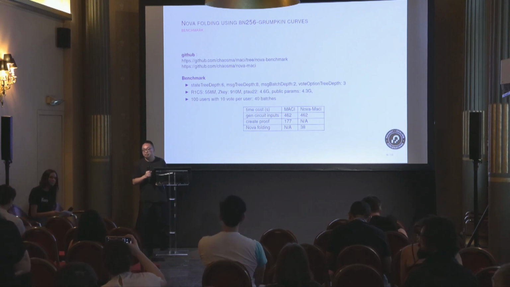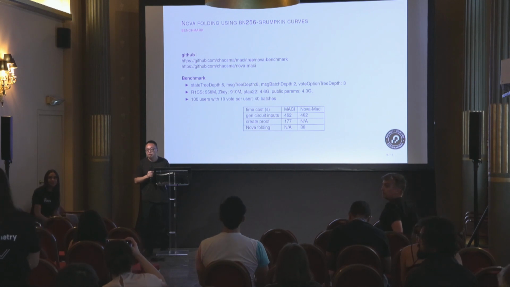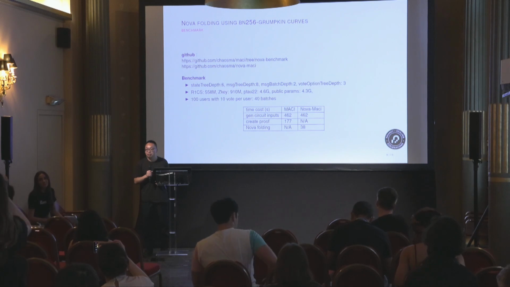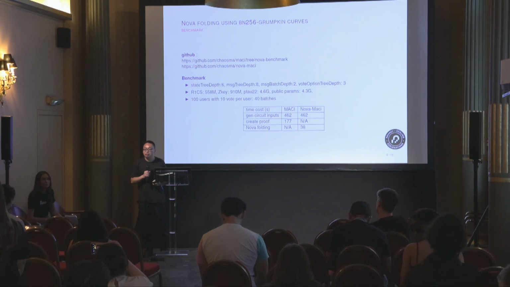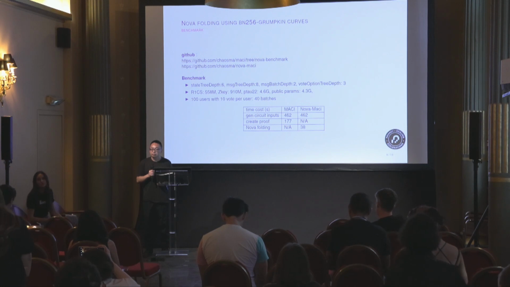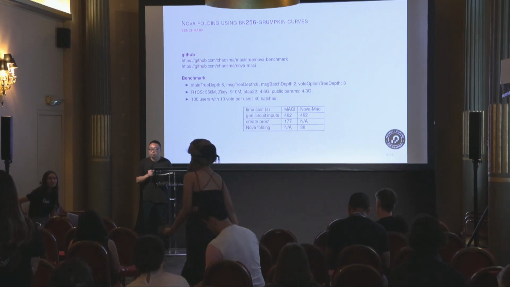Hello. My question was, did you explore the idea of verifying the Nova proof in another SNARK prover, such that you can verify this proof efficiently on chain, like verifying the Nova proof in a Groth16 prover? So you basically reduce the size of the Nova proof and eventually verify it efficiently on chain, so you don't need to write the Nova verifier in Solidity.